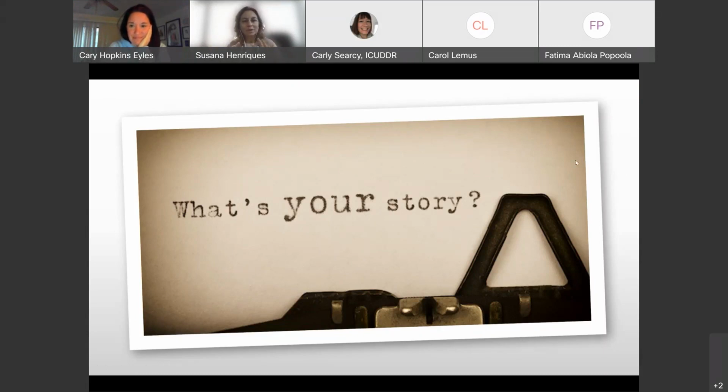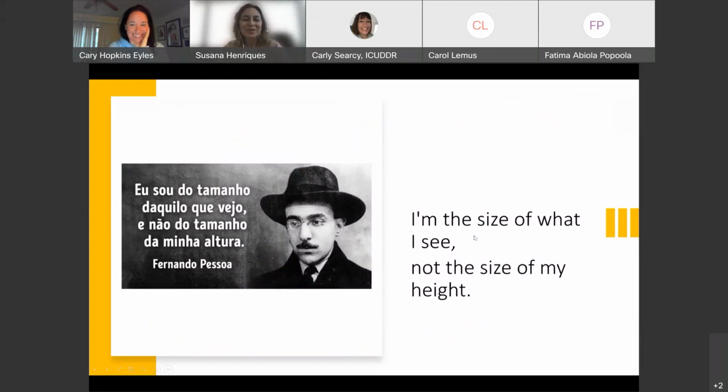So to close this section, I present you a little bit of Portugal. I brought here one of the most important Portuguese writers of modernism and one of the greatest poets in the Portuguese language, Fernando Pessoa. You have the original quote in Portuguese, and also the translation. He was several poets at the same time.